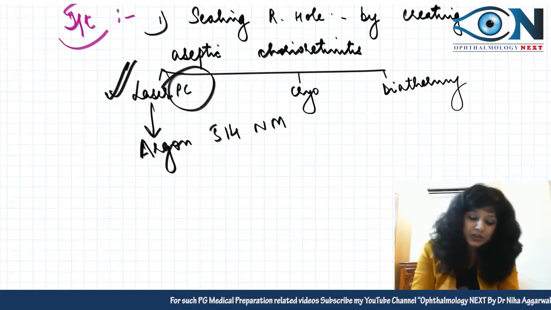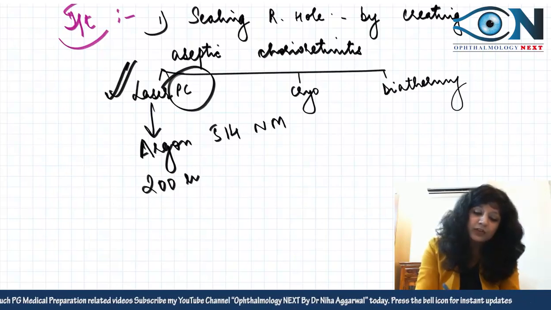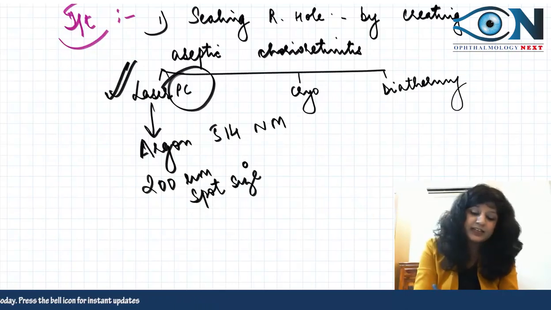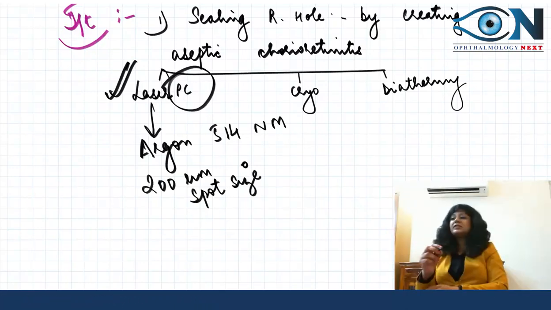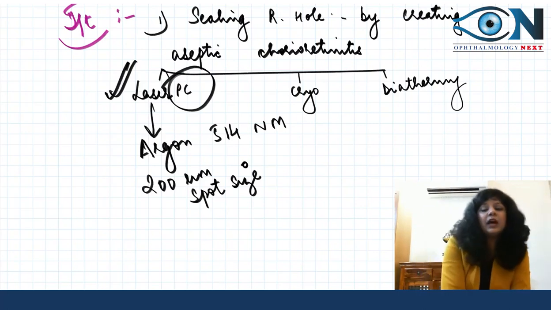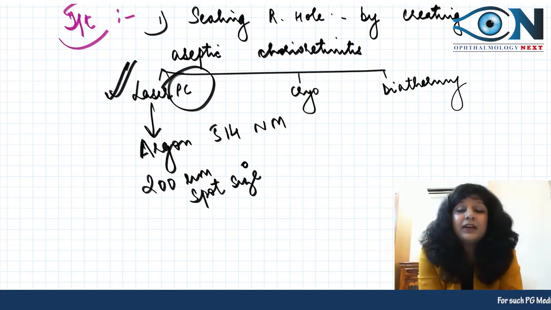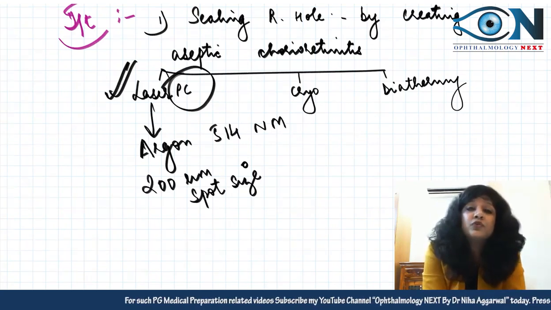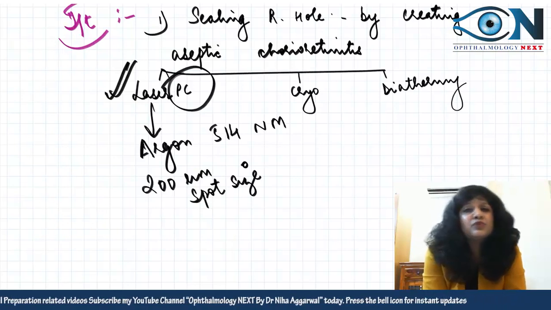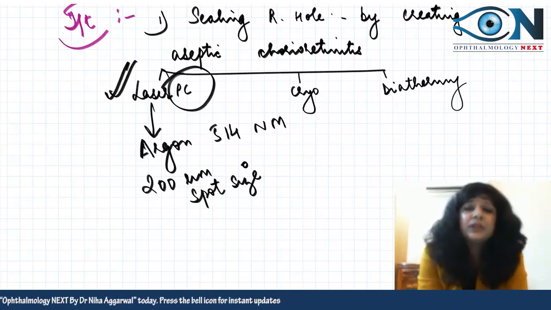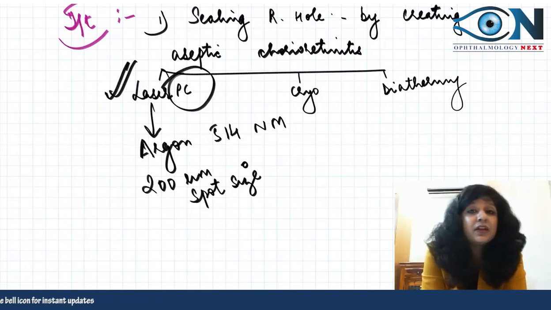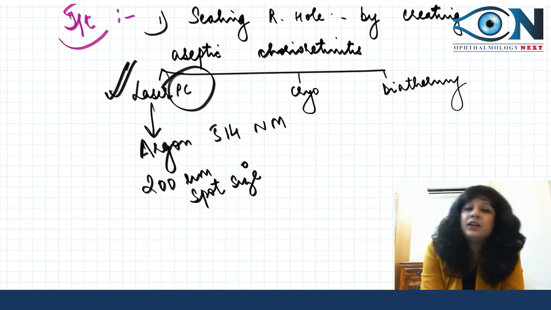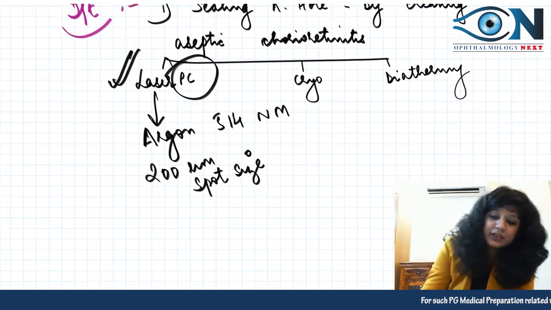The mechanism is well known. It is photocoagulation, and we are giving about 200 microns spot size of this laser in order to seal this retinal hole. So once we have actually sealed the retinal hole, I think much of the work is done. And I always advise that if anybody has high myopia, he should go through indirect ophthalmoscopy multiple times, 6 monthly, 1 yearly, to see if there are degenerations, a break, or a hole, so that we can do the laser at the earliest and there is no RD. So this is the first thing that we do.